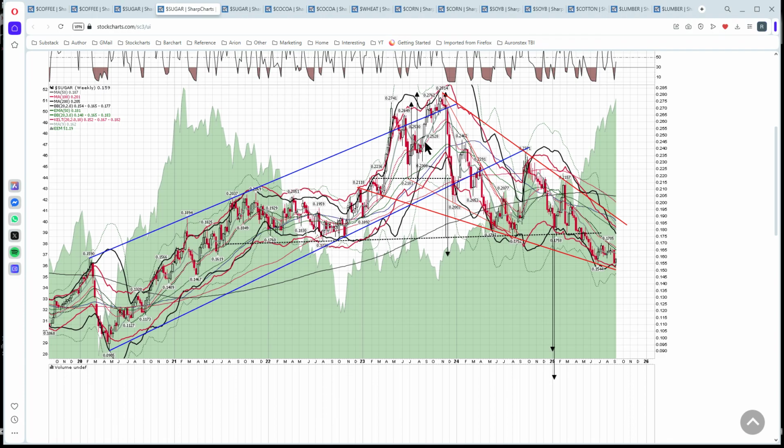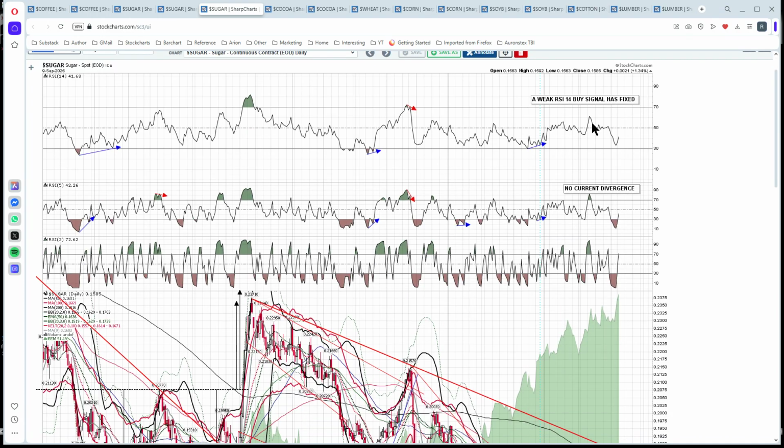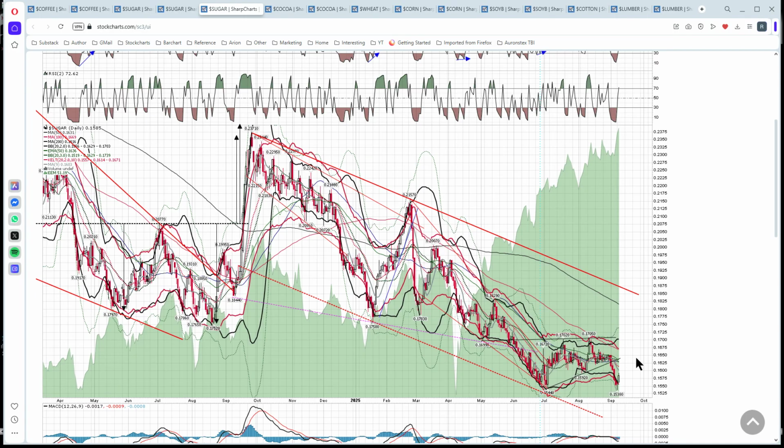We've got a potential little level bottom. We've got this overall possible wedge. On the chart here, we've got a weak RSI 14 buy signal fixed that hasn't made target and hasn't really been showing much sign of doing anything. But we did have this bear flag. It's gone down. It's made a lower low. I'm wondering about this being a potential double bottom. Looking at cocoa,